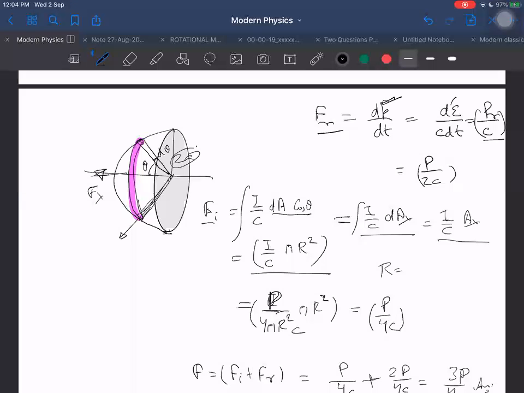Then after that I'm putting intensity. Yes, I needed that hemispherical concept. Now I'm needing it again. See, if I take a hemisphere, then I have one advantage that I can write intensity as power upon 4 pi r square. And if I don't do that, then also I can get the answer in another way.